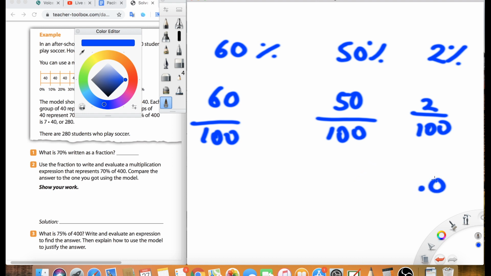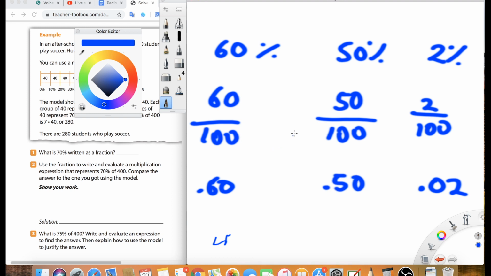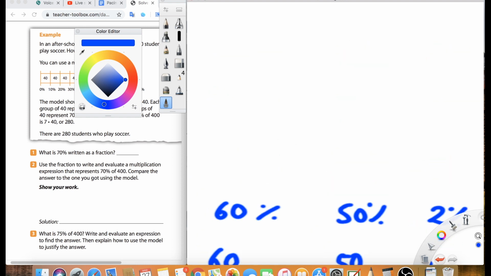But in decimals, they look like this, just so you can see the difference. I zoomed in, so I gotta change this a little bit. There you go. So 70% for instance as a fraction, use this as an example, or answer that question. Let's go to number 2. Number 2 asks us,